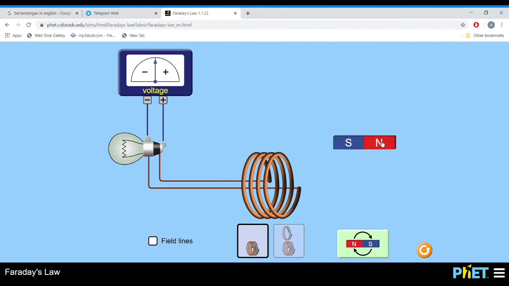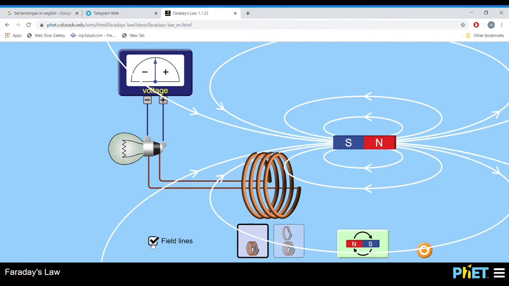So, today I want to explain the relationship between the polarity of the magnet bar pole and the brightness of the bulb, and also the deflection of the galvanometer. First, I tick the box of the field lines and change the direction of the magnet bar to the north pole. And I bring the magnet bar toward the solenoid to observe the brightness of the bulb and the deflection of